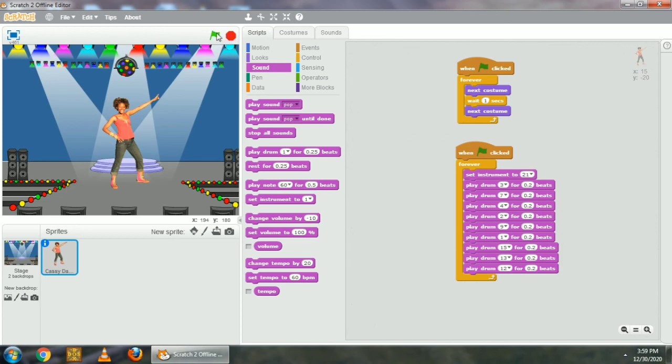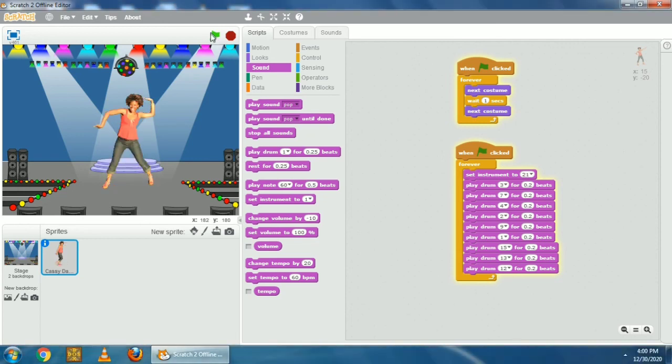So let's click on this green flag. What happened? You can see here music is played and the girl is dancing on the stage. The instruments are also playing, and it will not stop until we click on this red stop button.